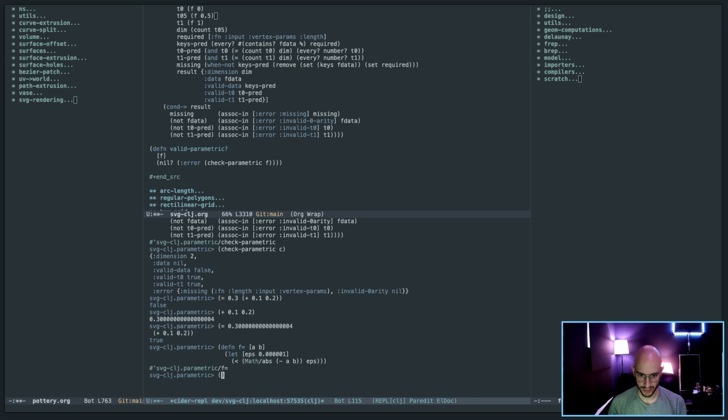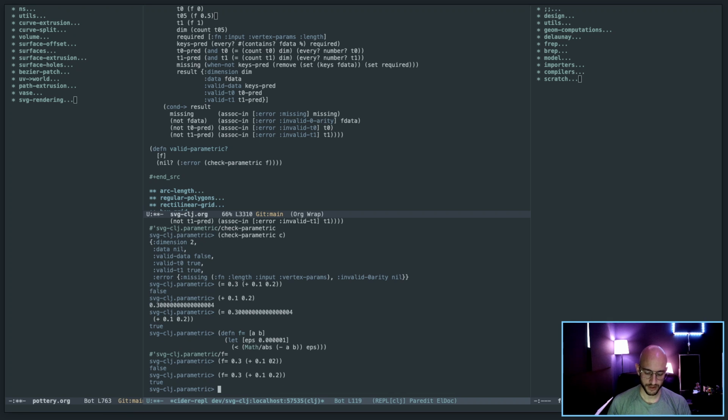Then you can do f equals. I think I did this right, maybe not. Oh, I didn't do it right. There we go. Right, so what you're doing is you're making a comparison for less than epsilon as opposed to exact equality, right? And then you can adjust epsilon to be whatever makes sense in the context, because if you're